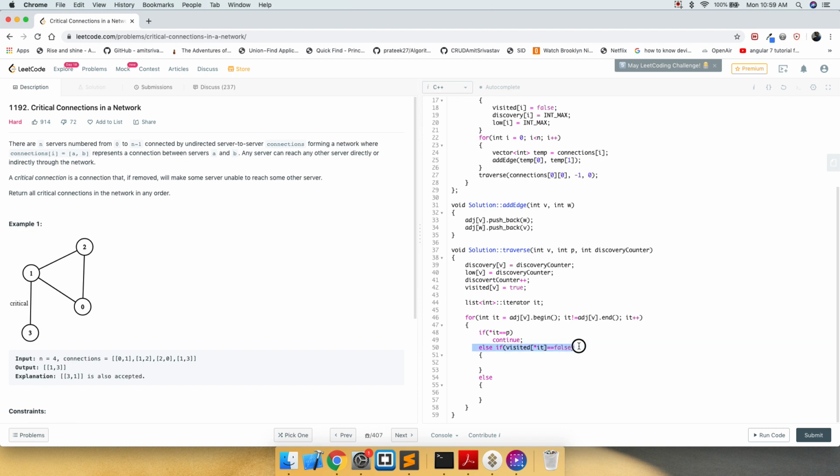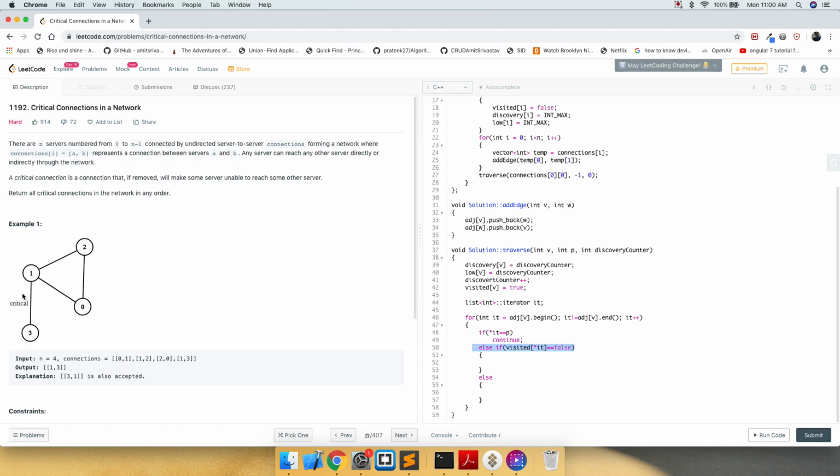The next possibility is that we encounter a vertex that is not visited. Then that becomes a child of that vertex. So in this case, let's say we are at 1. There are 3 possible connections: one is 2, one is 0, and the other one is 3. 2 we said is the parent. We are assuming that we are reaching 1 through 2, so 2 is the parent. 0 is the neighbor, and 3 is the child. Since we started from 0, 0 is visited, and 3 is not visited. So unvisited ones become the children, and visited ones become the neighbors. In this case, 0 is the neighbor and 3 is the child.